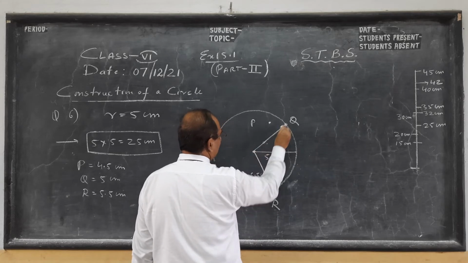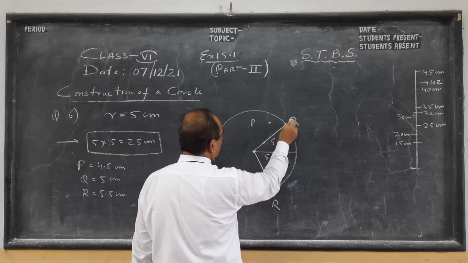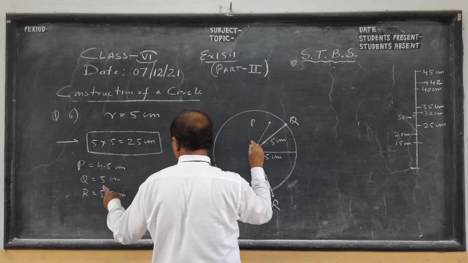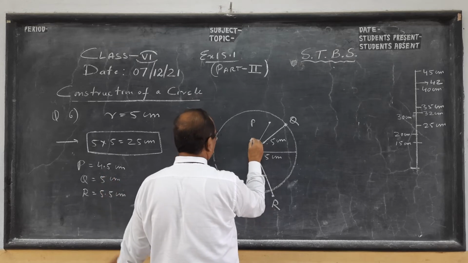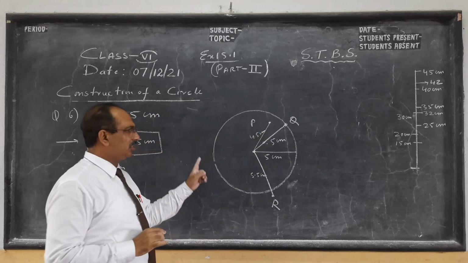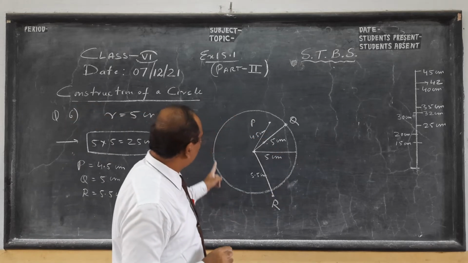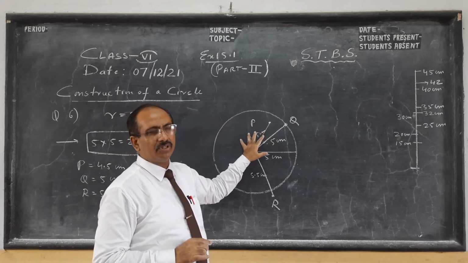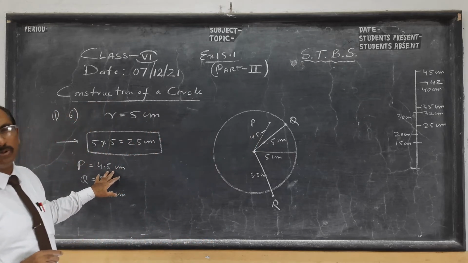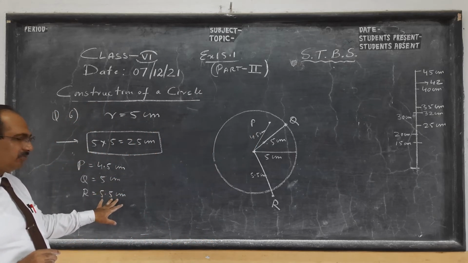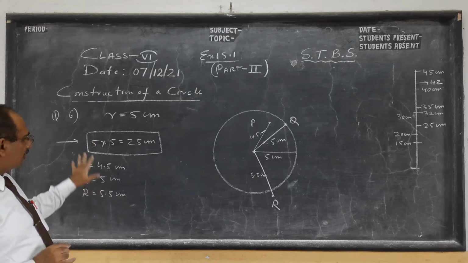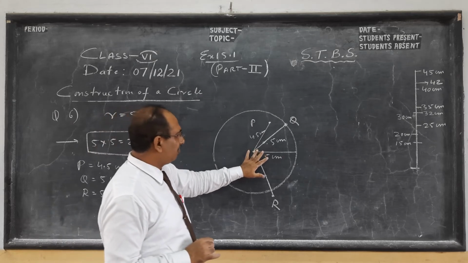Q is 5 centimeters. So Q is on the circle, and for P, you take OP as 4.5. So the question is, children, once more, draw a circle with radius 5. Okay, we have drawn a circle. Actually, I have done it with 25, 5 times more. In the same way, this will become 22.5, this will be 25, this will be 27.5. But rather than confusing you with this, I am telling you, let it be 5.